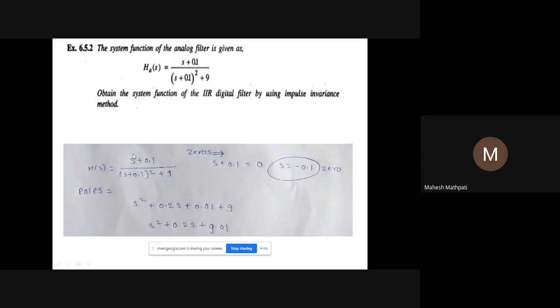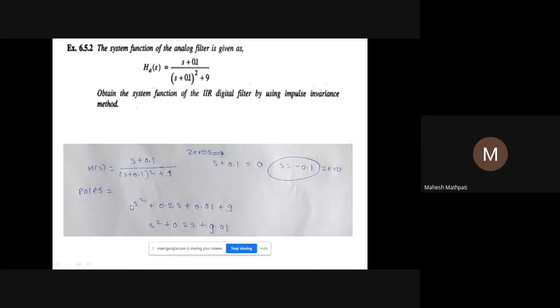So this above term we use to find the zeros. तो अभी जीरो अगर करना है तो we are equating this above term to 0. So it is s plus 0.1 equals 0. तो s का वैल्यू कितना आया यहाँ पे? Minus 0.1 is the zero value. ठीक है? Now, if you want to calculate the poles,